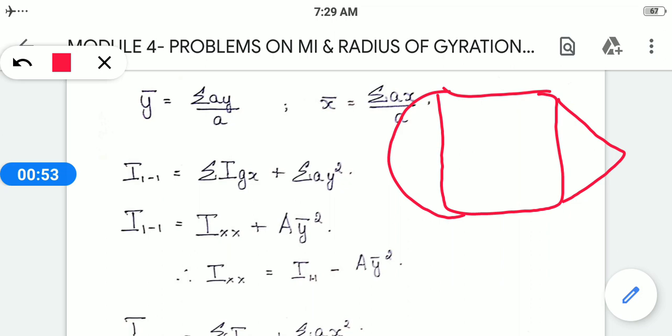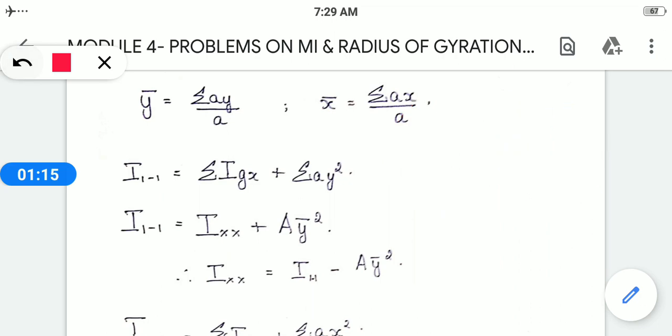What is the second case? There may be a second case where we have to ignore this position. Whatever steps we followed in the centroid, the same things we are going to follow in moment of inertia also, but the formula will vary. We need to know first what a symmetrical structure is. What is symmetry? Symmetry means both sides are equal, right?